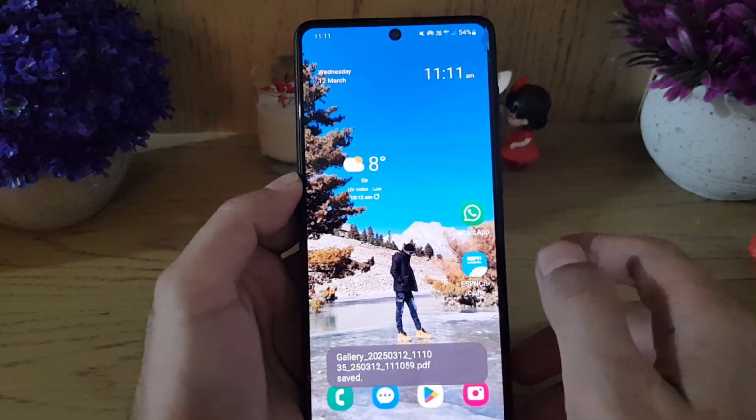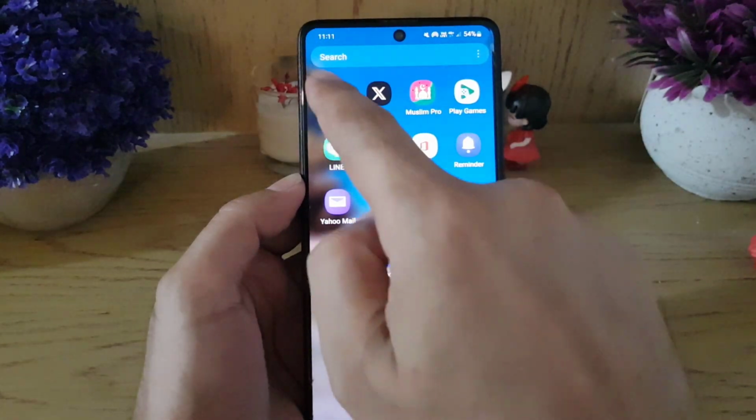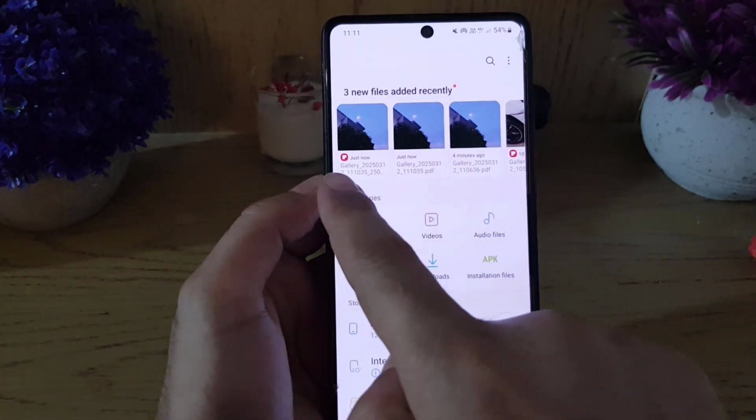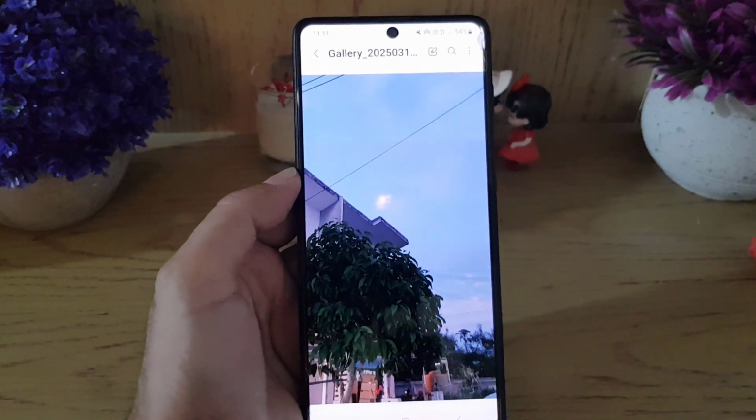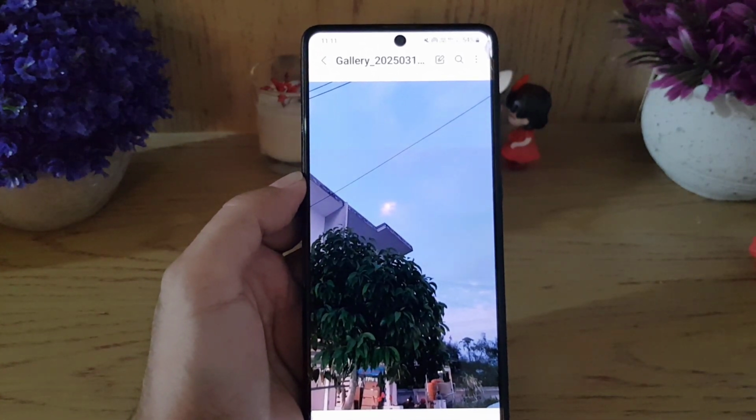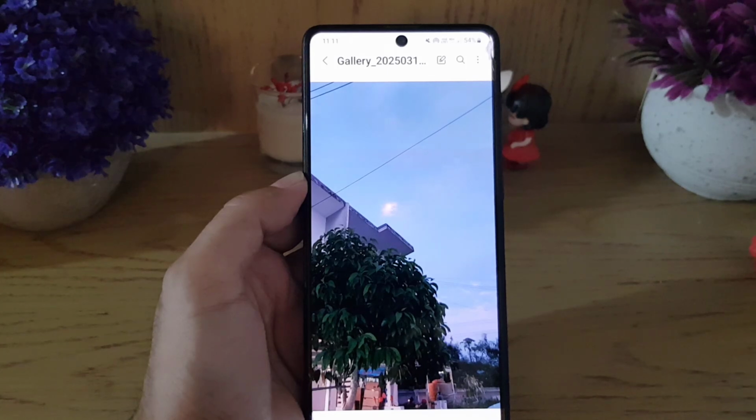So once you save that, you need to go back to your images here, and as you can see, this image was converted into a PDF file, as you can see it here. So guys, this is all it takes to convert an image to a PDF file on your Samsung